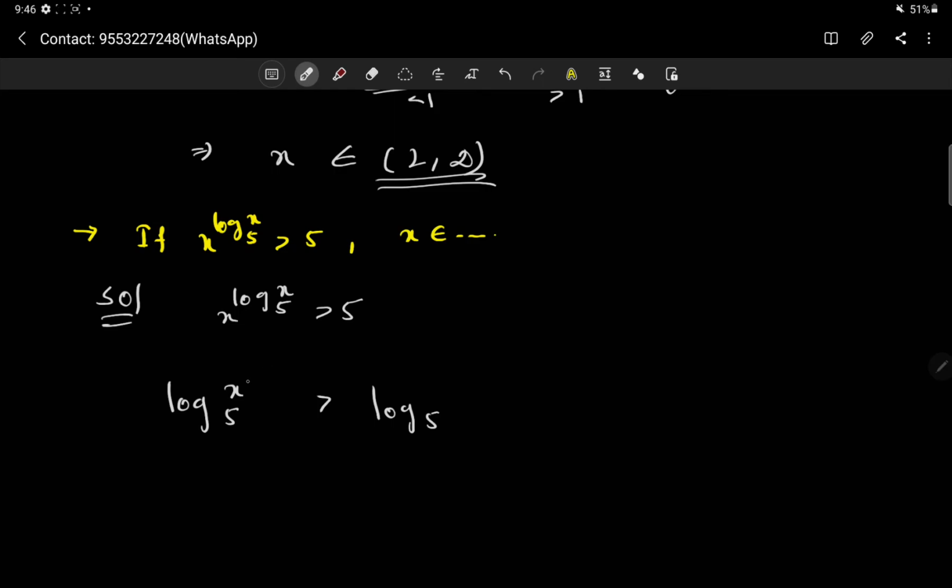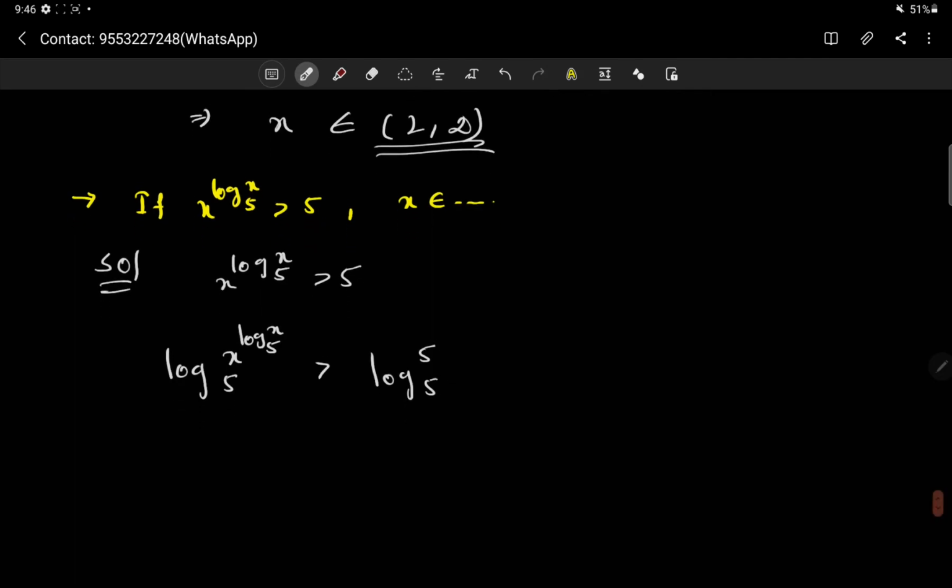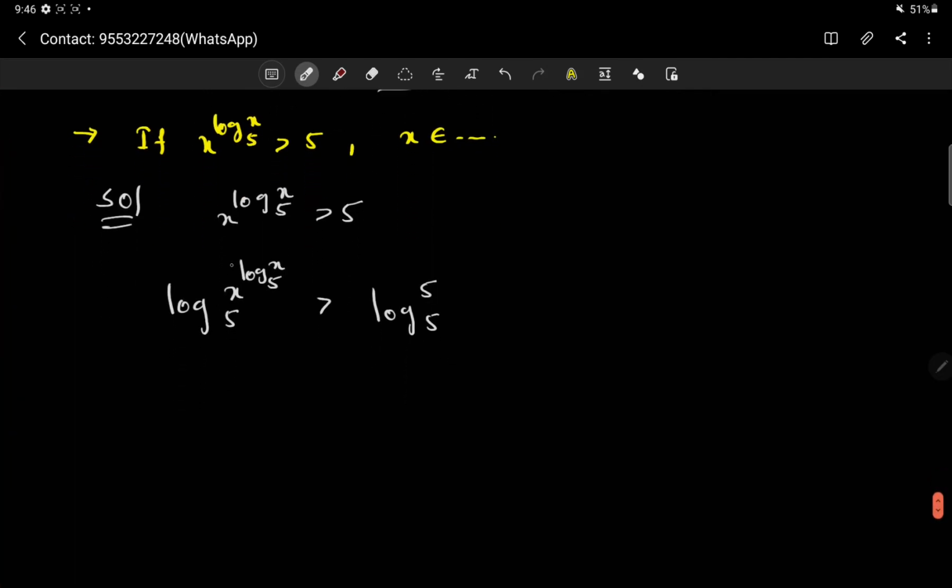So then what you have here is x power log x base 5, and here you have 5. See here, this number can be taken here, log with log x base 5. Again, what you have is log x base 5